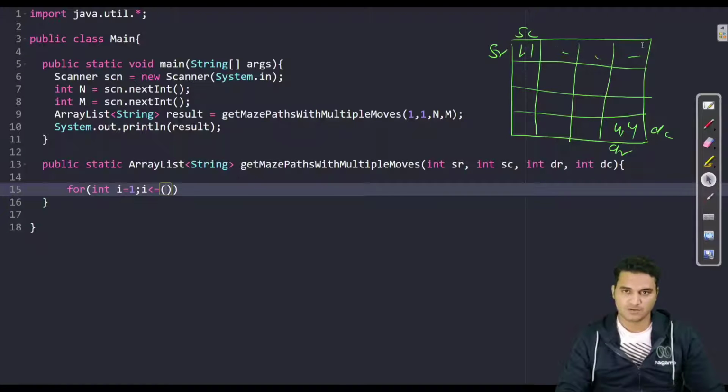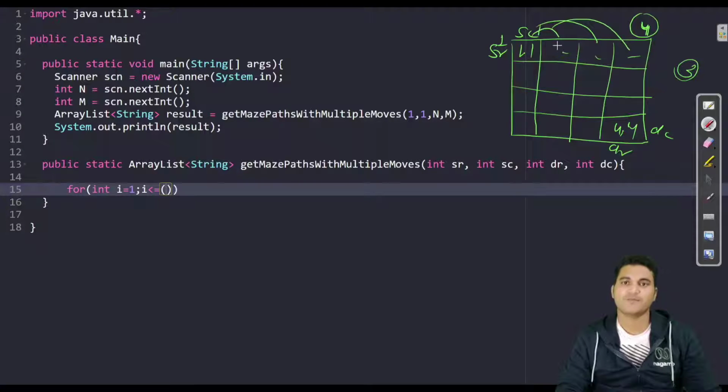So this is the first column, this is the fourth column. Fine. So in case of horizontal, I can make a call 4 minus 1, which is 3. I can take 1 step, 2 step, 3 step. So I can make 3 calls. See here very carefully what I'm going to write.